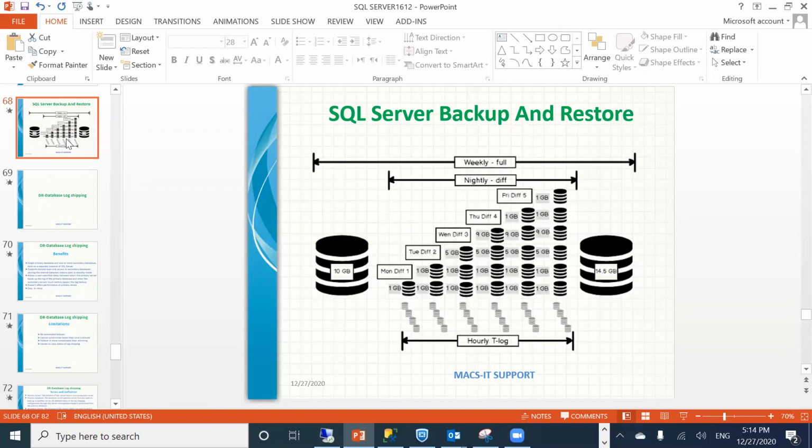Overall, in SQL Server, for backup and restore, we mostly have three types of backup. One is a full backup. Full backup means we are taking a full, complete database backup, so you can restore it anywhere without any hesitation. The second is a differential backup. Differential backup is basically taking a backup